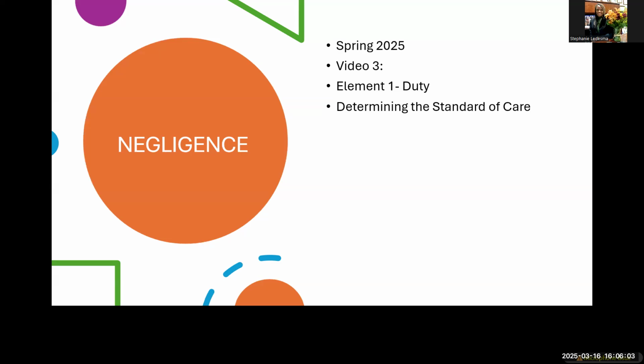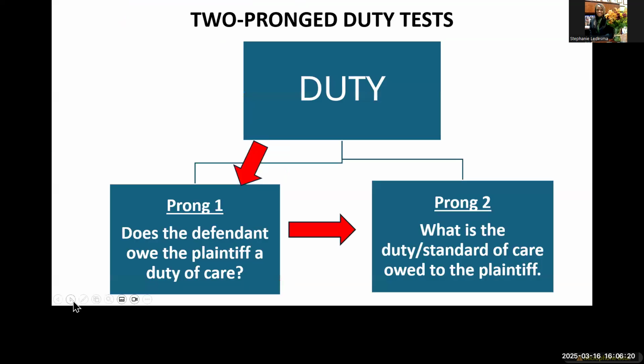Welcome back to Negligence, where we will continue our discussion on the individual elements. So far, we've started with the first element, and that is the element of duty of care. If you remember from video 2, the duty of care has two prongs. The first prong is to determine whether or not the defendant owes the plaintiff a duty of care. If the response to that evaluation is in the affirmative, yes, the defendant owes the plaintiff a duty of care,